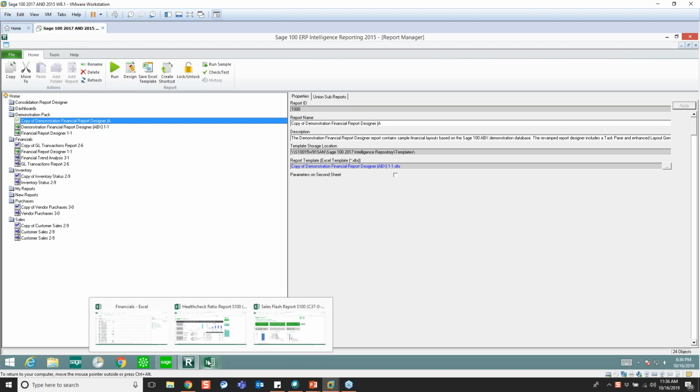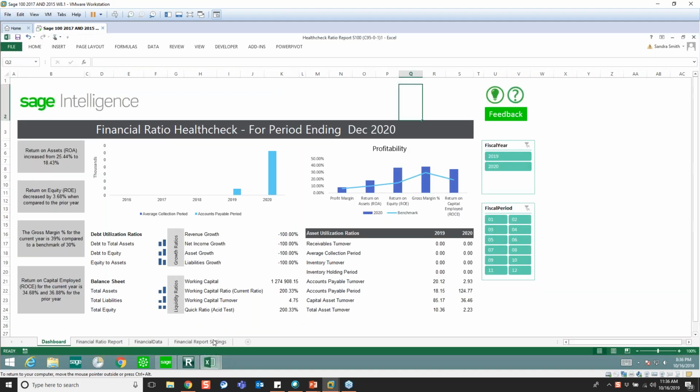I have a couple other reports that are available, like this health check report that's available on our website. And it's one that you can download. It's a financial ratio health check. We've done everything. All you need to do is run it out. And you can see that we've set it up as a dashboard, but I'll show you some of the supporting sheets. But here's where you can change,